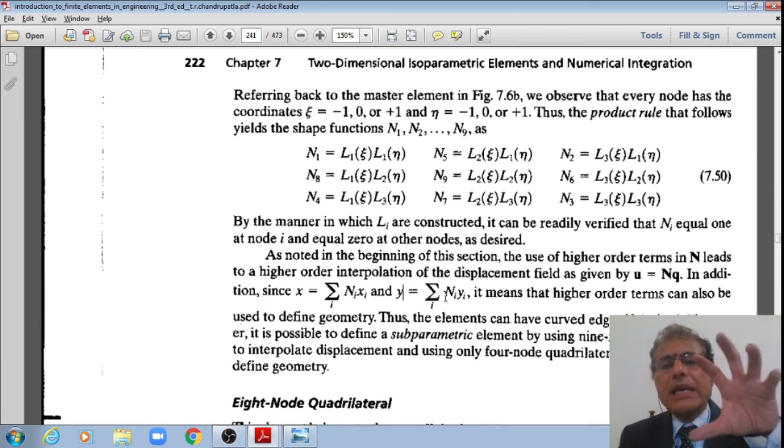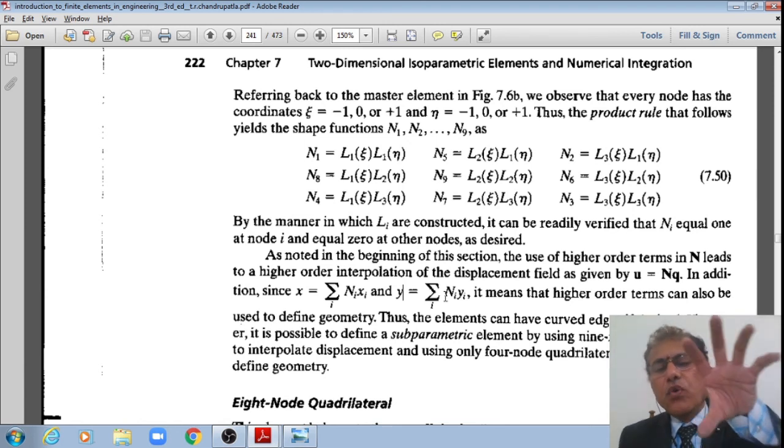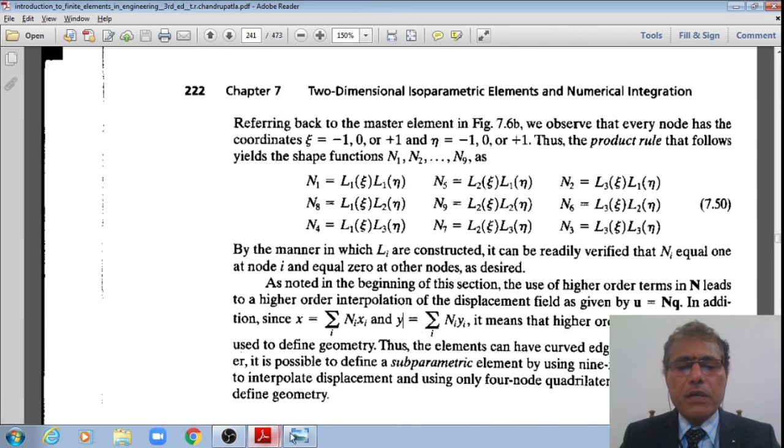If I am using 8 or 9 shape functions compared to just 4 shape functions used to interpolate the displacement, but I am using a larger number of higher order shape functions, such formulations are called superparametric formulations,